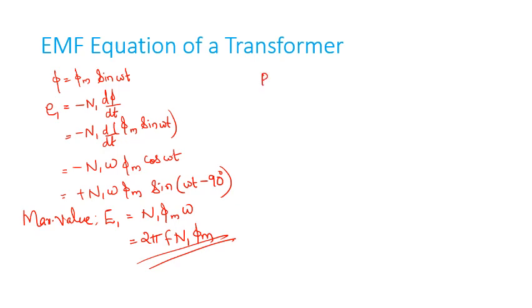And the RMS value of the induced EMF: this is E1 max. Then the RMS value of E1 is obtained by dividing the maximum value by root 2. So 2 pi divided by root 2, f N1 phi m. That is